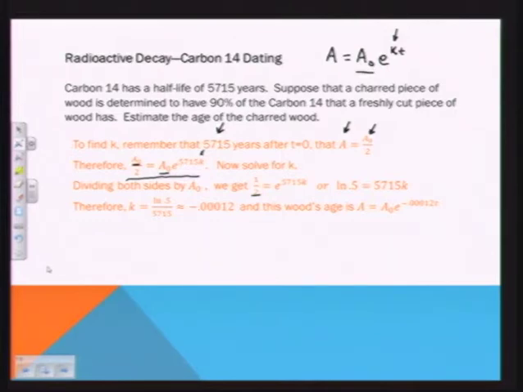By taking the natural log of both sides, the natural log of 0.5 will now simply be our exponent, 5,715k. And now it's a matter to solve for k, simply divide by 5,715. And when I divide the natural log of 0.5, be sure and close the parentheses there if you're putting that in your calculator, by 5,715, I get approximately negative